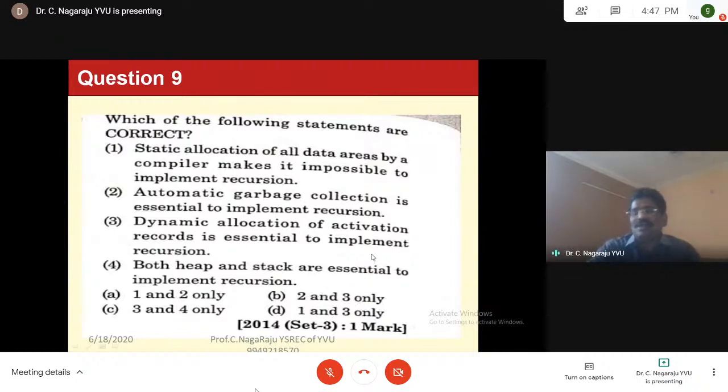That is the ninth question. The first statement says static allocation of all the data areas by the compiler makes it impossible to implement recursion. When you are using static memory allocation, it is impossible to use recursion, because recursion depends upon the input value. Suppose memory usage